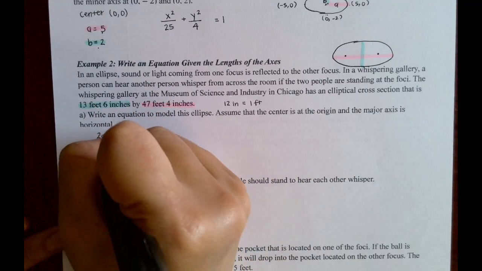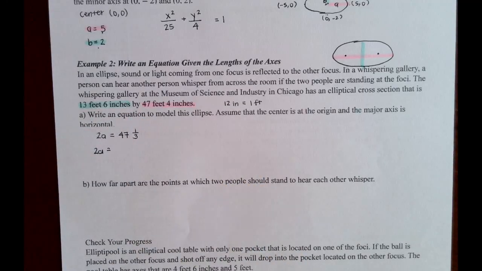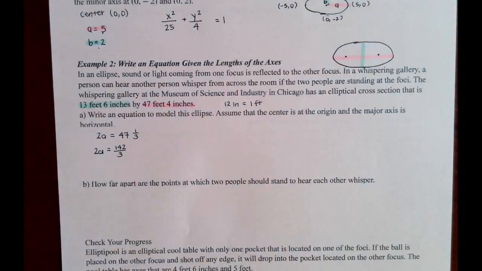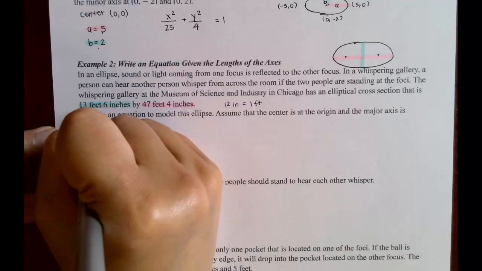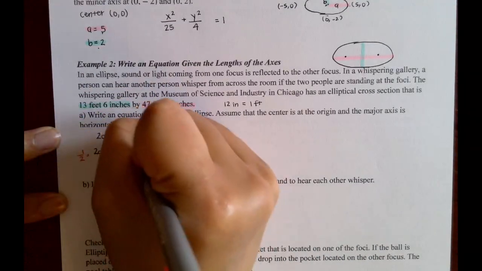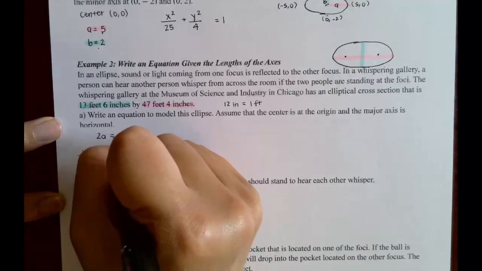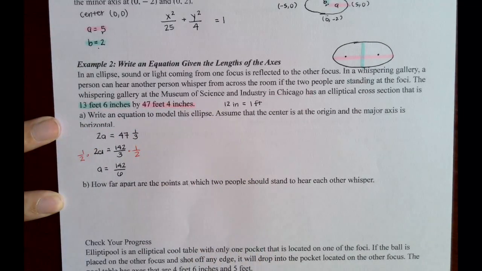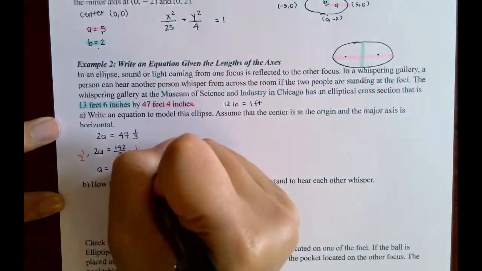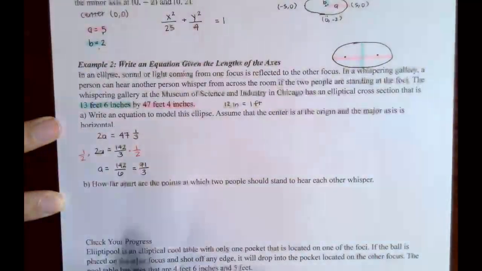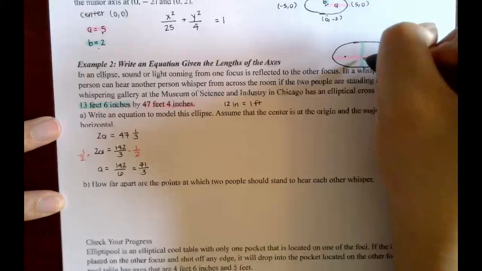So then 2a equals 47 times 3 is 141 plus 1 is 142, so this is 142 over 3. Then multiply by 1/2 or divide by 2, same thing. Okay. This will give me 142 over 6, okay, which simplifies to 71 over 3. Okay. So this gives me the length of the major axis. Okay, from here to here